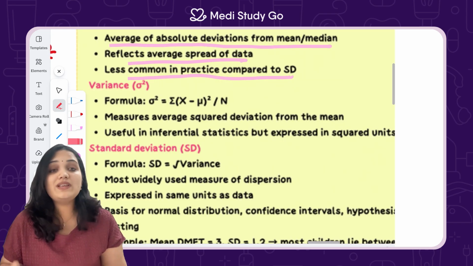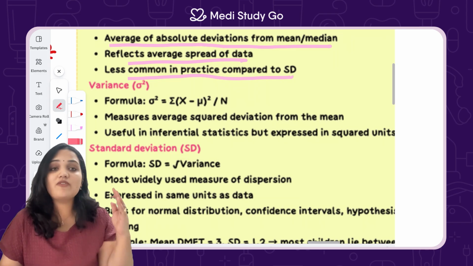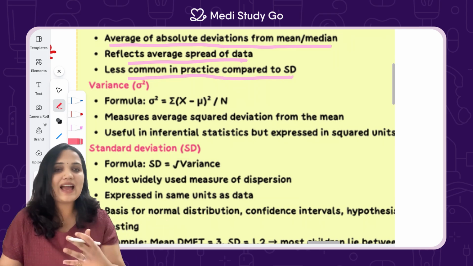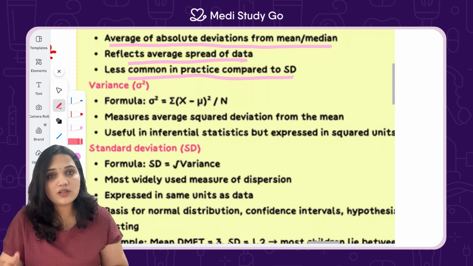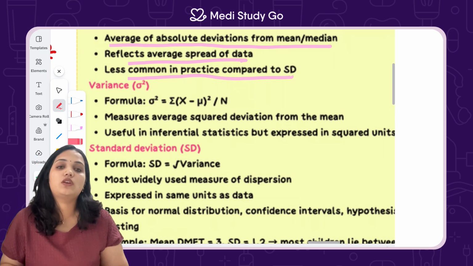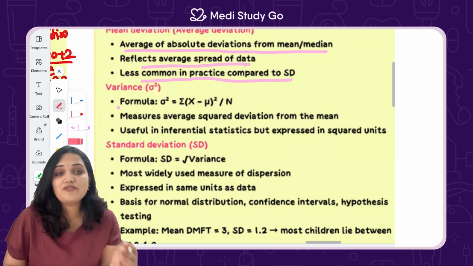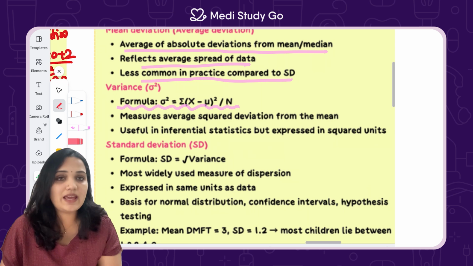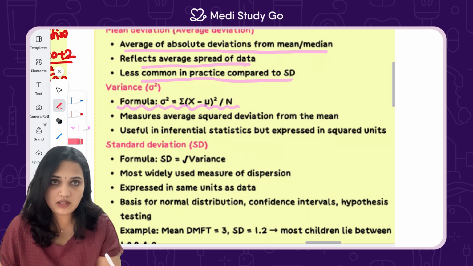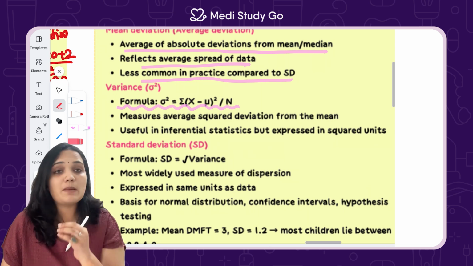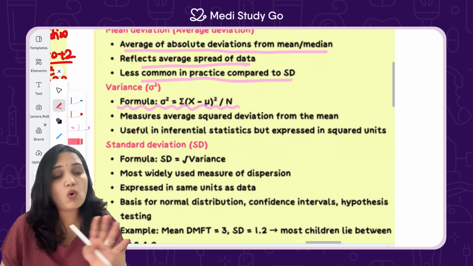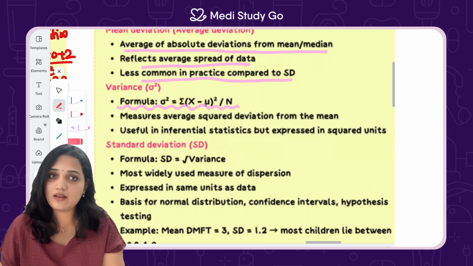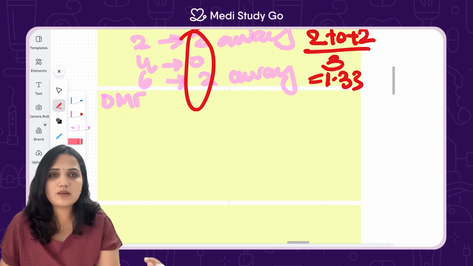Now here, when we subtract the mean, some values are positive and some values are negative. They cancel out. So what do we do? We square them. So the formula goes like this. Variance equals the summation of x minus mean whole squared divided by n. Say that formula again with me. Variance equals summation of x minus mean whole squared divided by n. What does this mean? Let me give you in simple numbers.